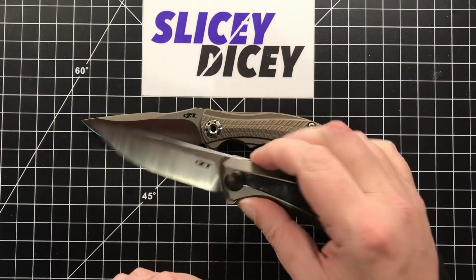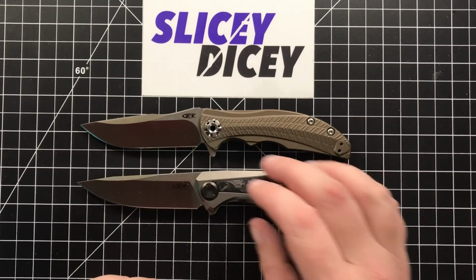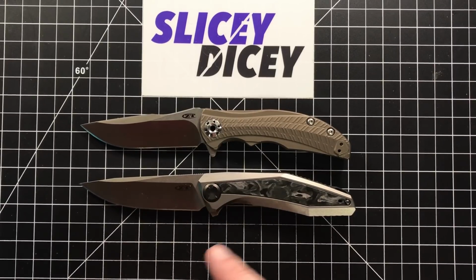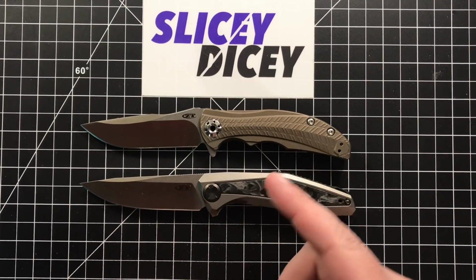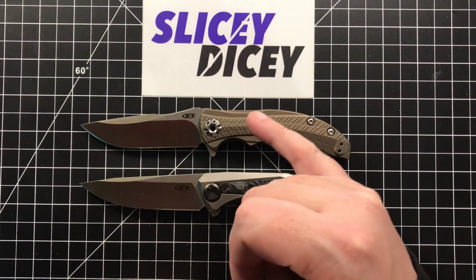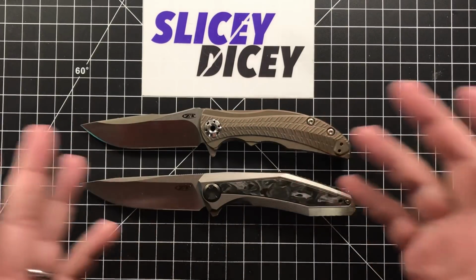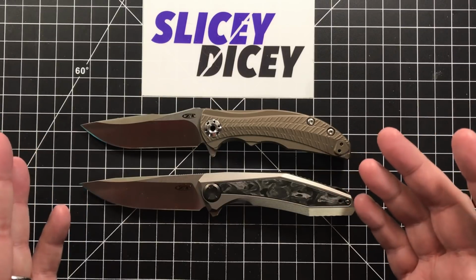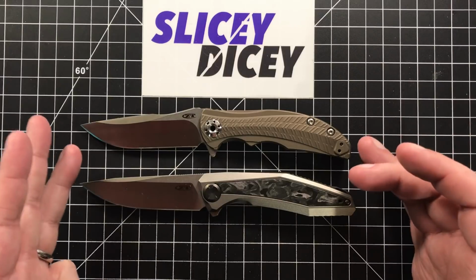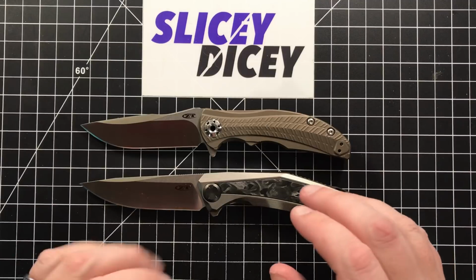Now, deployment-wise, as I said before, the 0470, when I first got it, I thought the detent was a bit weak. They said that in the review. The more I've played with it, the more it's broken in. It's gotten a bit stronger. And the 0609, I thought was a bit strong, and as I had it, it broke in more. And now they're both fairly equal as far as how they come out, but the 0609 is just that little bit snappier,